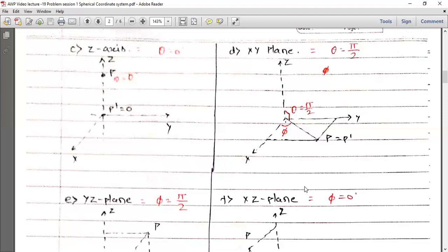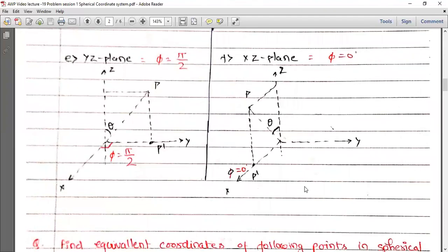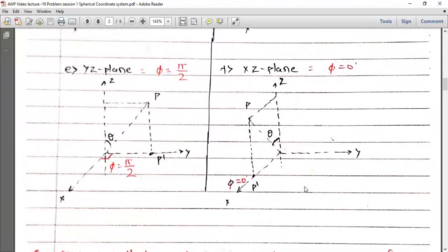in the spherical coordinate system. Similarly, if you want to find the equation of the yz plane, as you can see here, we consider the point P to be located in the yz plane itself. So here we have the yz plane, this is y, this is z, and this is point P, and point P is lying on the yz plane, and our objective is to find the general conclusions about r, theta, and phi, the spherical coordinates of point P.